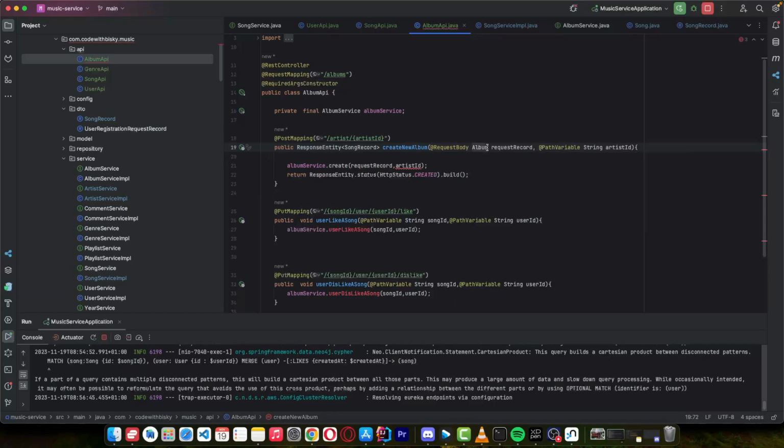We will refactor this. This is supposed to return an album, and when creating a new album we need a release year and artist ID. So for an artist ID, this one, and for here